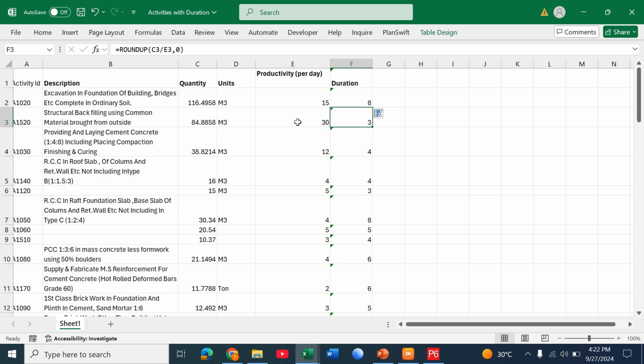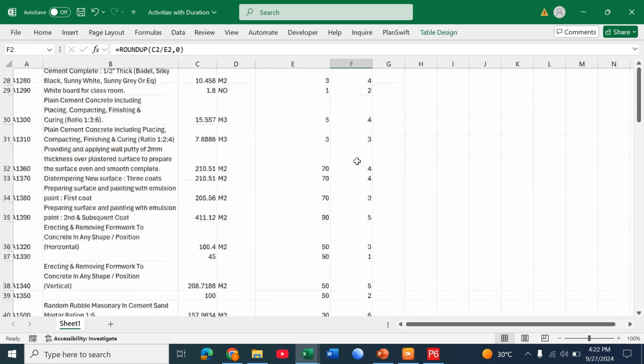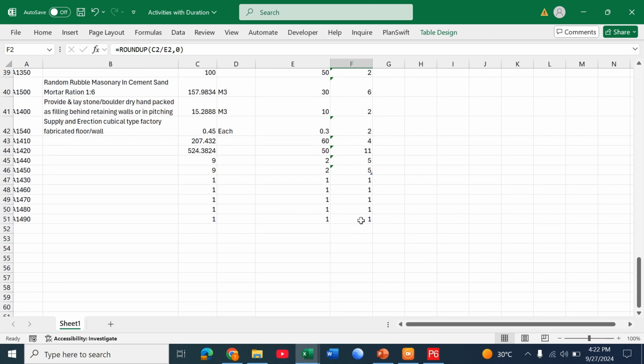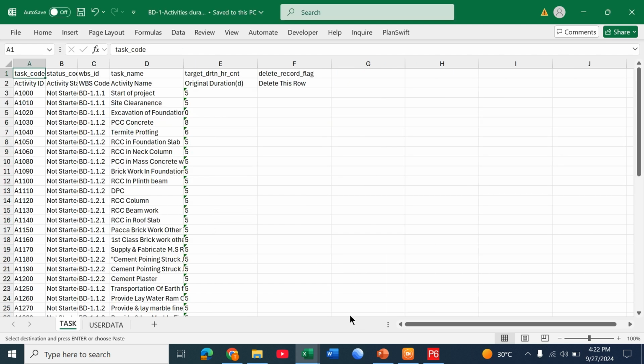You simply divide quantity by productivity and you get the duration. So I simply take all my durations from this one, click shift, click mouse icon, then Control C, and I go to this file,